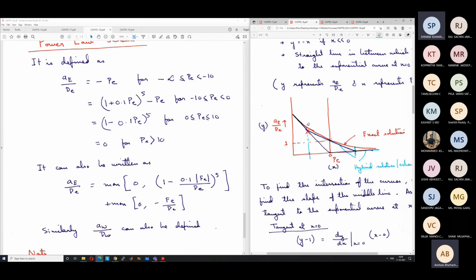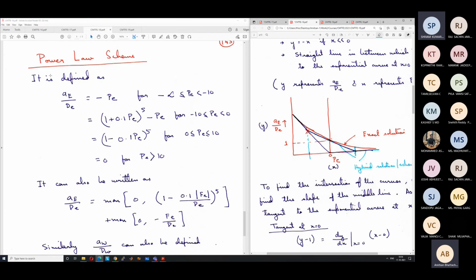You have to actually calculate the differences at all the points to find the difference. The difference values are very small. With the naked eye, you will see that it almost matches the exponential solution. So we are mimicking the exponential solution using polynomials. Obviously, calculating it will be slightly more expensive numerically as compared to the hybrid solution, but its accuracy will be much better. So this scheme, which is divided into 4 parts, is known as the power law scheme.